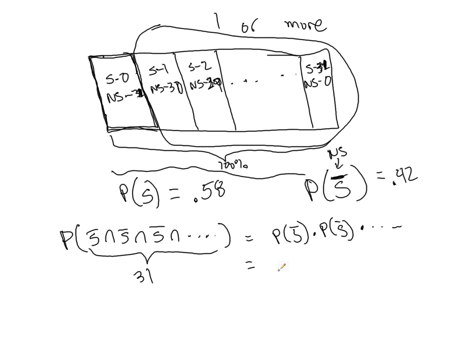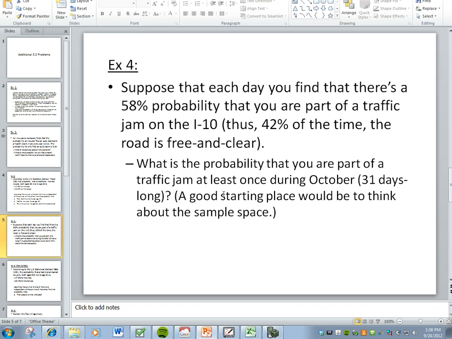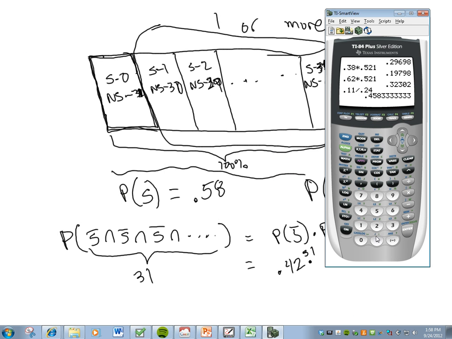The probability of not getting stuck is 0.42. So I'm going to be multiplying 0.42 by 0.42 by 0.42, doing this 31 times. So 0.42 to the 31 is almost 0. That means almost 100% of the time I'm going to get stuck at least once. 1 minus